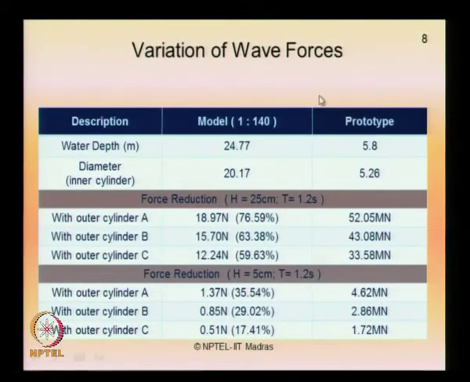So, this has been tabulated again, and the model, which has been studied at 1:140, is projected back in the upward scale to a prototype to find out the approximate reduction in terms of meganewton on the prototype force members when compared to the experimental values at different wave heights and wave periods. We have kept the wave period the same in this table just to see the influence of wave height on the force reduction.